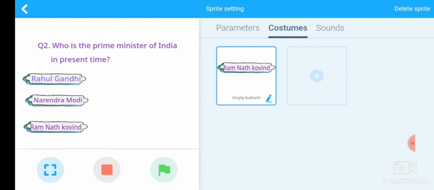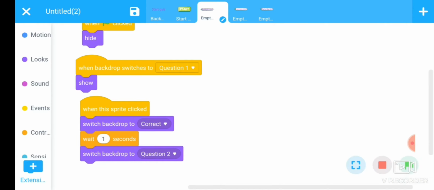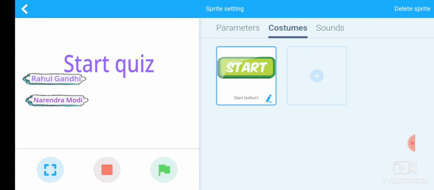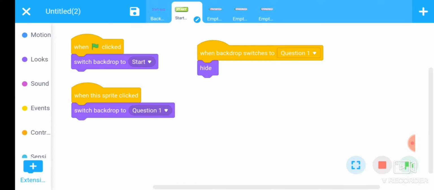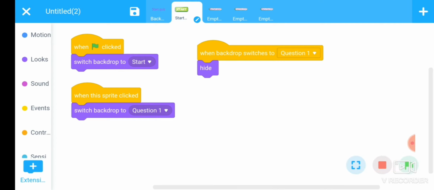Now look at the working. Start button is not shown on the screen. Go to start and look at here. Add a command here. Whenever clicked, switch backdrop to start and show, it should be shown.